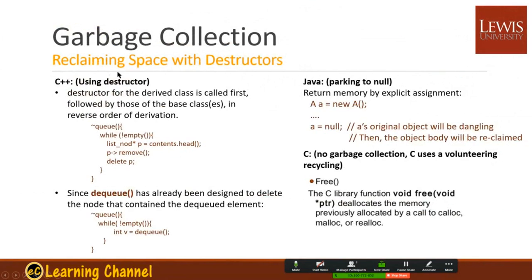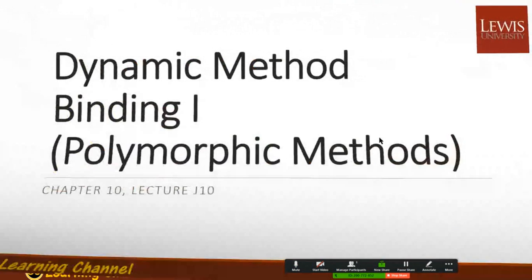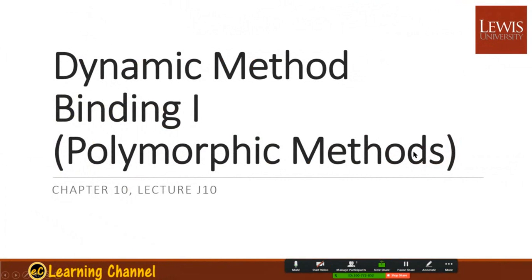Garbage collection. Garbage collection is to reclaim the space without a destructor. And the destructor is used in C++. So when you dequeue, you need to delete all of the list nodes. And in Java, you actually just need the parking portion. So by now,